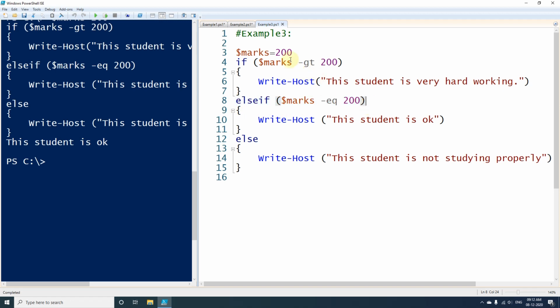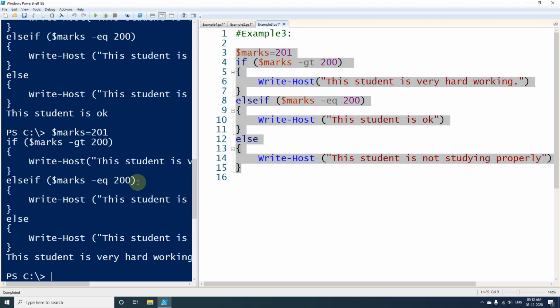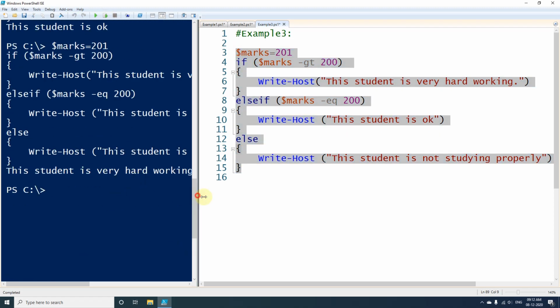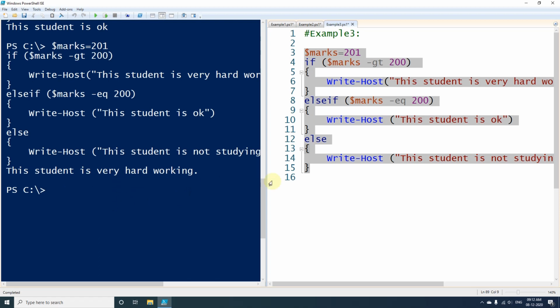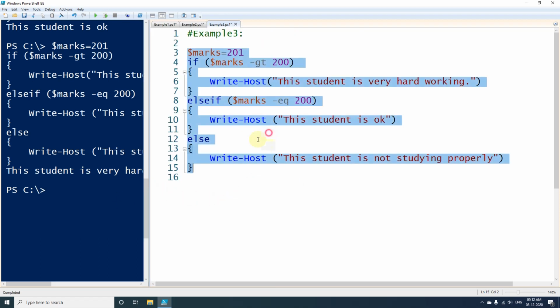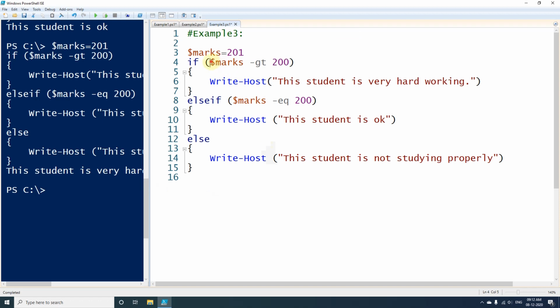In case we change the number to 201 and this time I execute, I have got the output: that student is working very hard. You can see it is checking marks greater than 200. Since 201 is greater than 200, that is the reason this expression was evaluated, the code block of this expression executed, and we got the output: this student is very hard working.